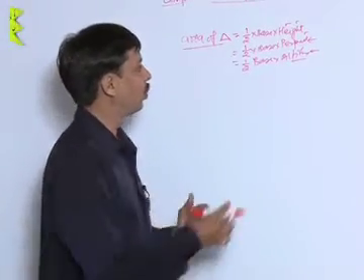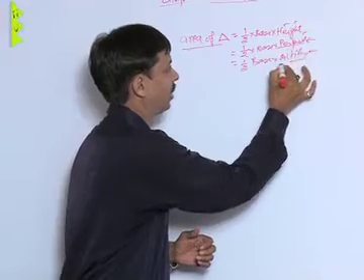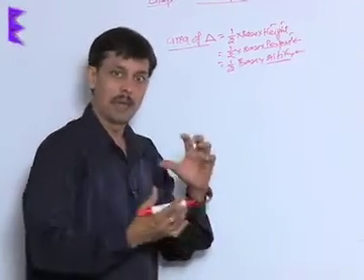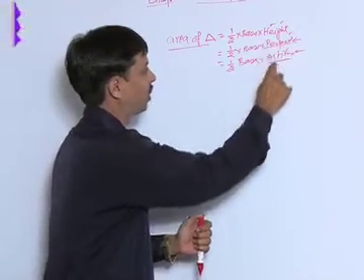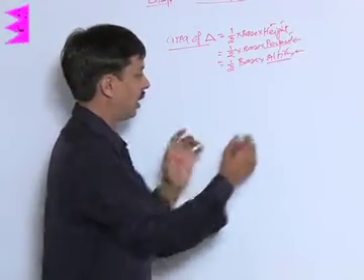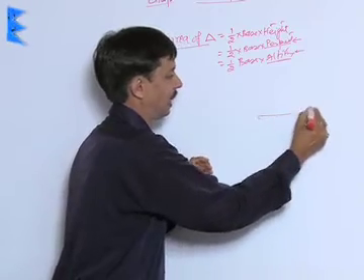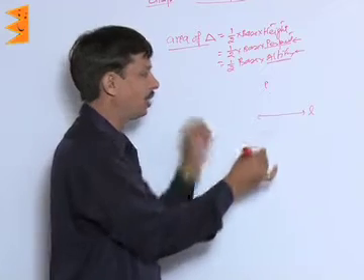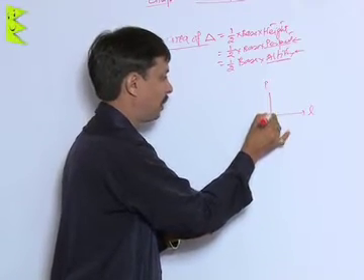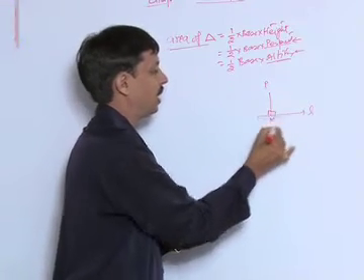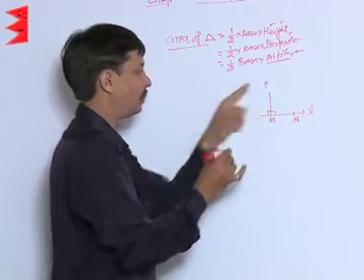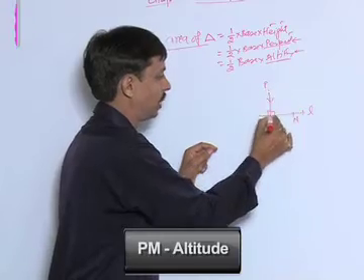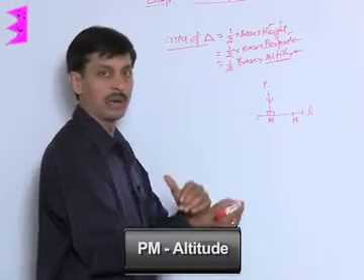Now I want to tell you what the difference is between perpendicular and altitude. A very important question, a very important difference. Most of the time people say perpendicular and altitude are the same. No. If there is a line L, and a point outside the line, suppose P, and you have drawn a line segment from P to M making an angle of 90 degrees, like PM, this is known as altitude. PM is the altitude. And what is perpendicular then?